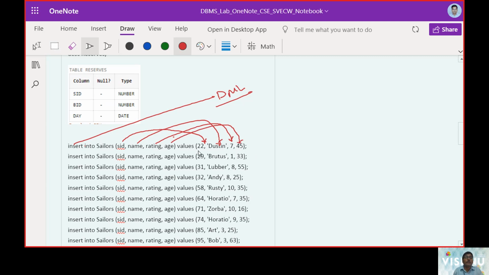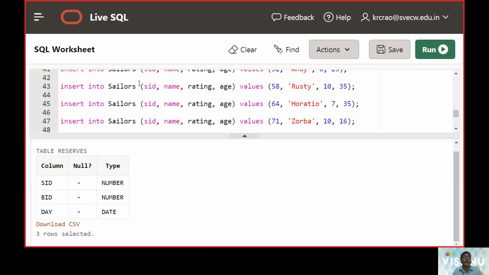When we are going to use character data, obviously we will use single quotes. And as we mentioned, SID is a primary key, so you must see that the values we are going to feed in should be unique. The value should be unique. No duplicates will be accepted. That is what we have to check before we dig deep into this content.